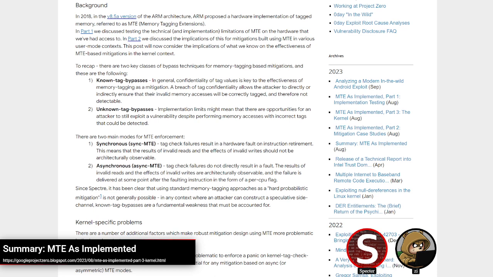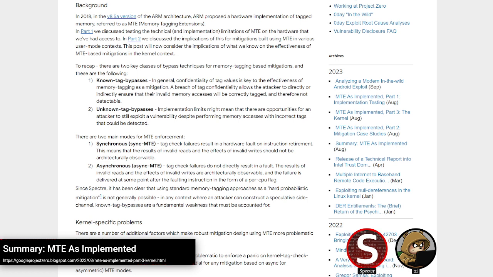And when you have something like MTE where you're adding these checks on every access, it does add quite a bit of power draw as well as a performance hit. Whereas the async mode, where it's only setting the bit and then it can check that bit at its own leisure, like in a watchdog type scenario, your performance and power draw impact is minimized.